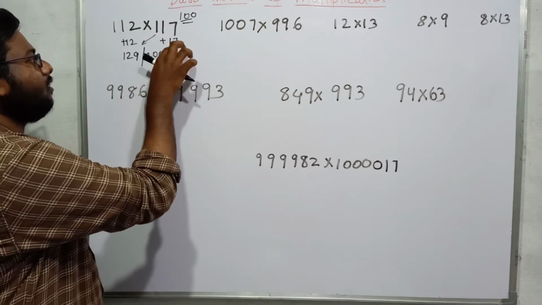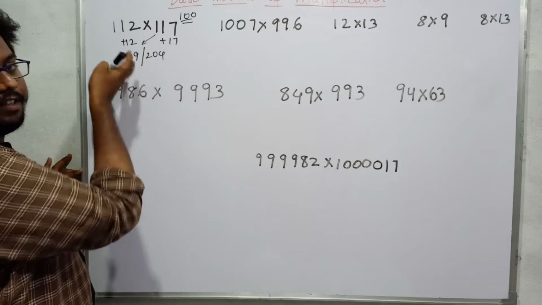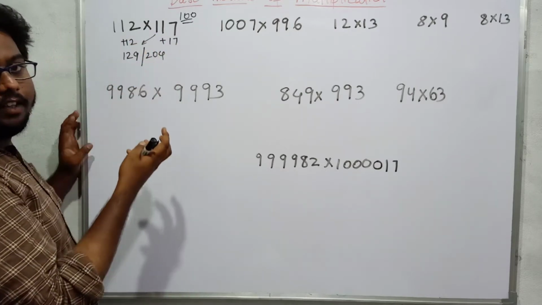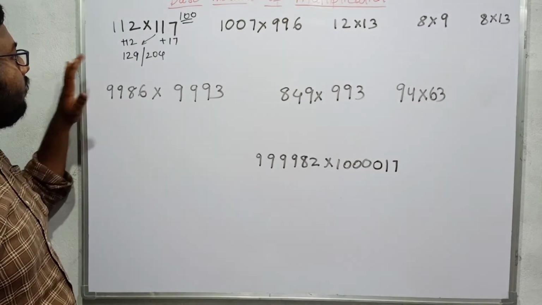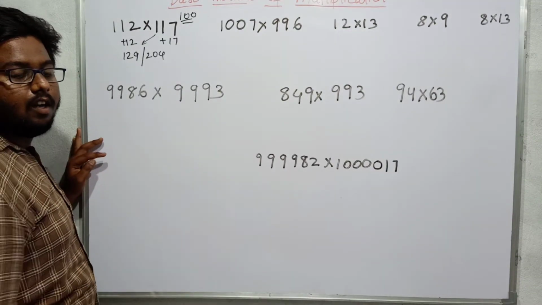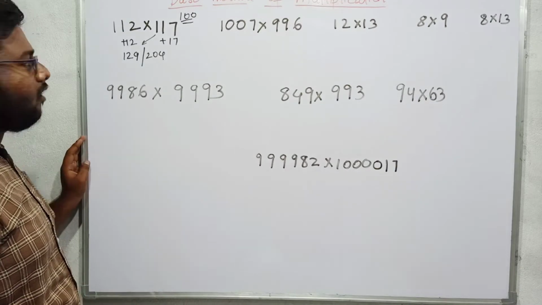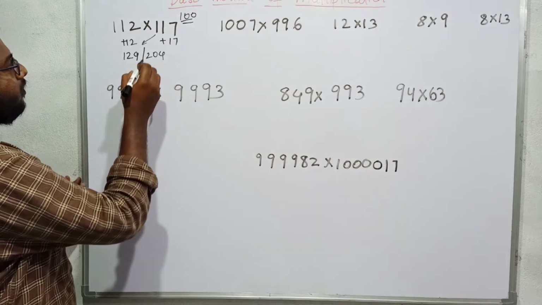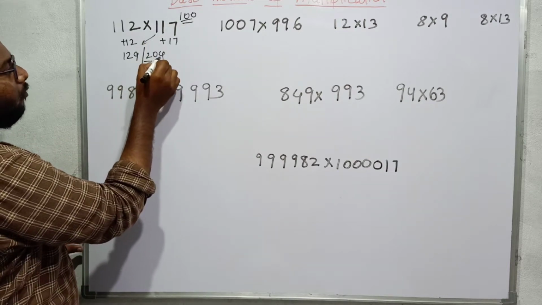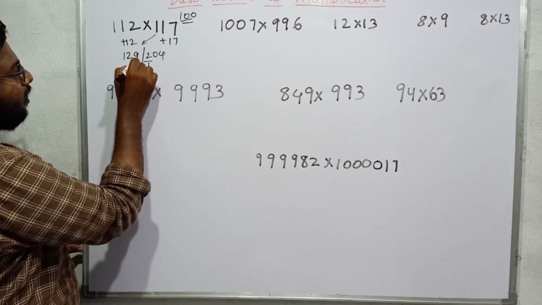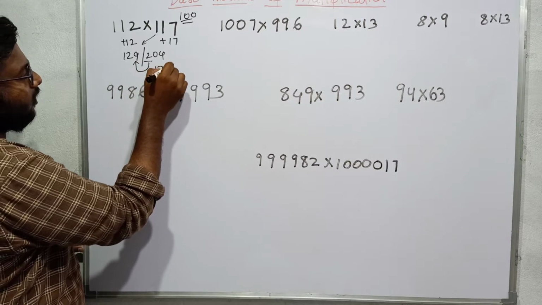Otherwise, if I want to calculate with 17: 17 ones are 17, 17 twos are 34, and the 3 will be added to 17, making it 20 beside 4. If you want to know more details about this method, please watch my part 2 and you will get more clarity. Since it is calculated on base 100, only 2 digits will be permitted and the rest will be added here, and this will be 13104.